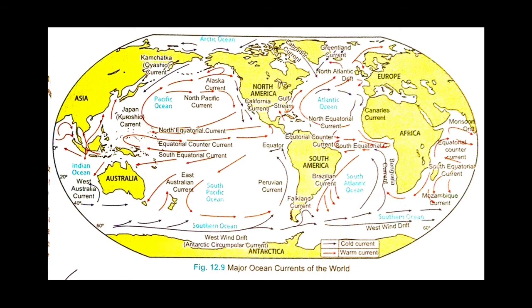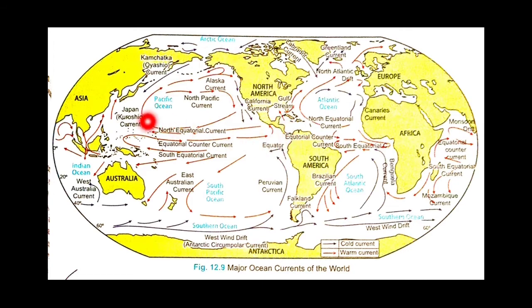When the ocean water moves in a particular direction, the direction is defined either due to the wind or the temperature or the density or salinity, or there are several other reasons that lead to the movement of ocean currents. So what happens? The ocean currents begin from the equatorial region and move towards the cold polar region, and there they become cold and again start moving towards the warm region of the equator. They reach near the equator, they become warm and again they move towards the cold polar region.